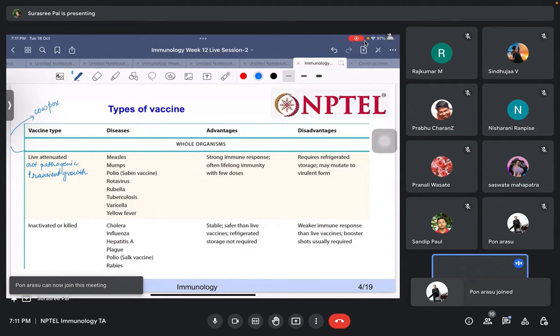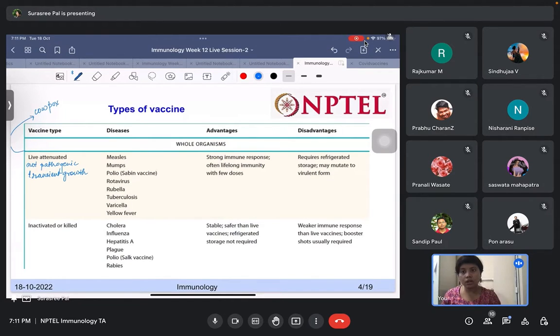So this cowpox virus, if it is inoculated in healthy humans, it confers immunity to smallpox, right? But it does not cause the disease. So it is a naturally attenuated live virus. But attenuation can also be achieved by growing the pathogenic bacteria or the virus for prolonged time under abnormal culture conditions. So for example, if we take this example of BCG,